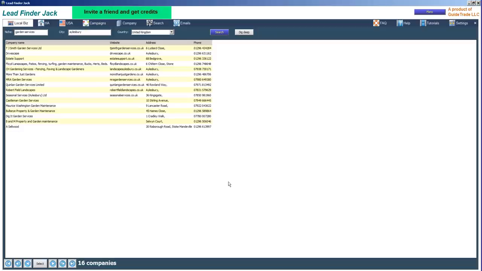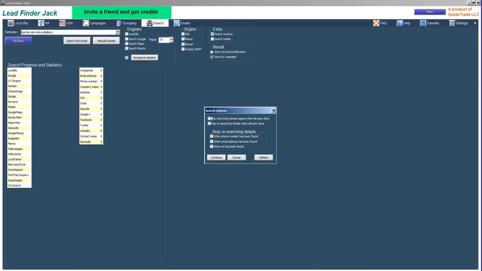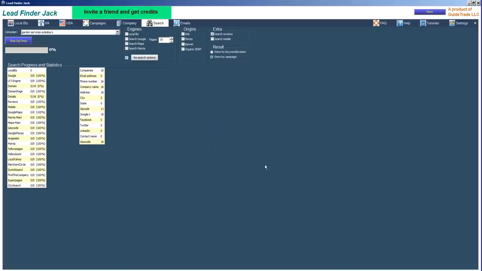So the next step is dig deep. It now has the company name, the website address and phone number. But you want to find out much more about those companies. So you click on dig deep and now it automatically skips ones already done. That is because I have some special settings you can do with the research option, but normally it doesn't